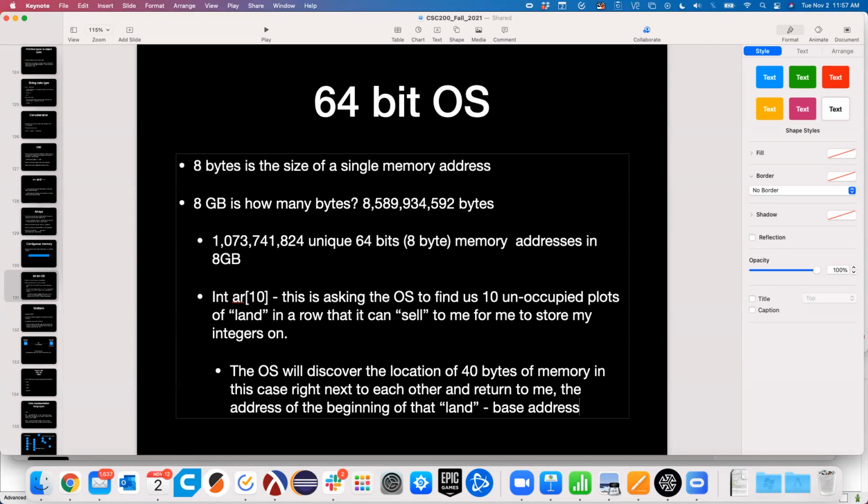So now that becomes a thing of the, so he's asking what would happen if our memory was all filled up. Or even if it wasn't completely filled up, it was unfortunately filled where we didn't actually have a place where 40 bytes existed in a row. Maybe we have 40 bytes total free memory, but not next to each other. At that point, it becomes a problem of the operating system. The operating system gets to decide, how are we going to handle requests from user programs that ask for memory that isn't currently available? Most operating systems will do something like